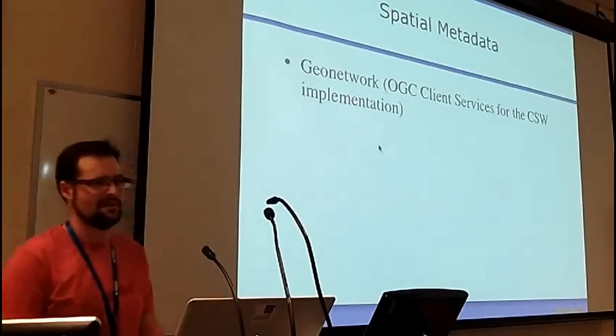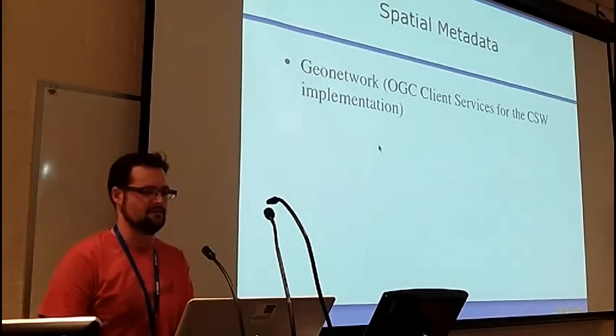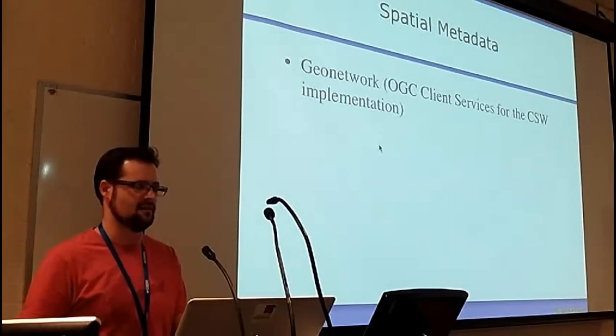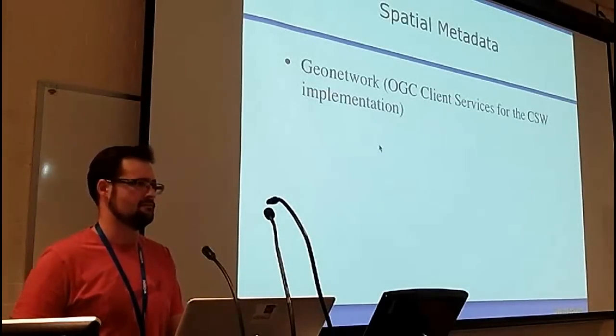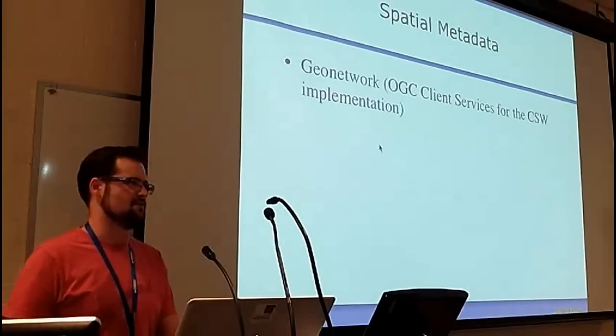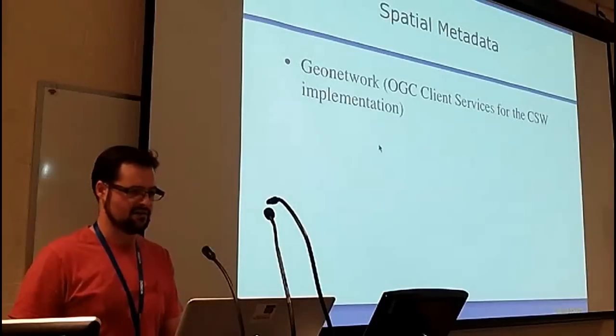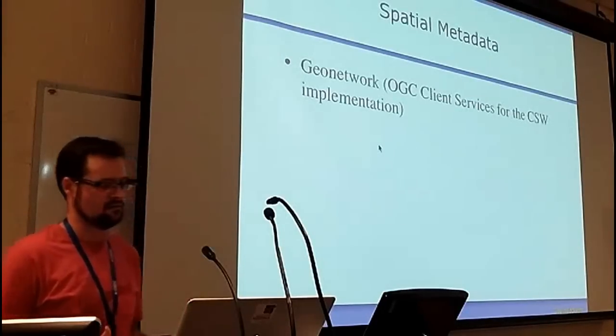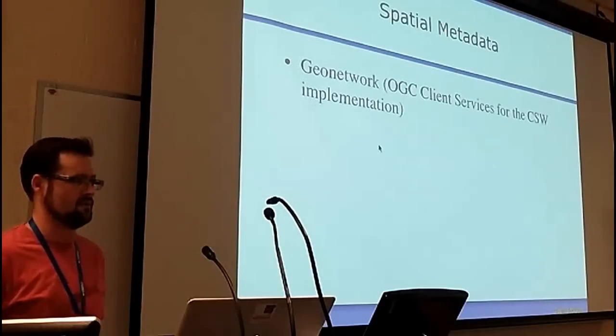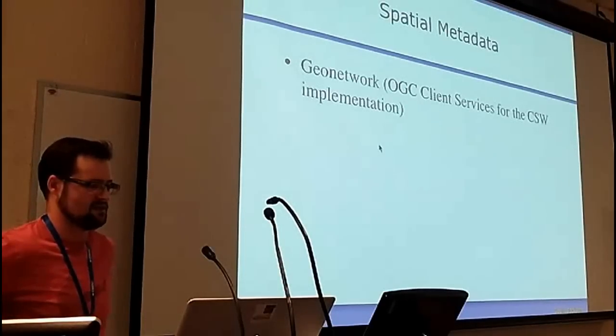I'll talk a little bit about spatial metadata. There's a big initiative or a big push to actually share what maps people have. So at the moment it's really hard to know what's out there. Really hard, like a lot harder than it should be. So OGC have come up with a standard called Catalogue Services for the Web, CSW, and it allows people to